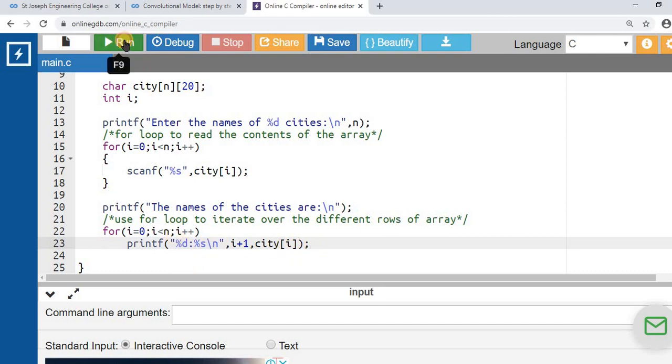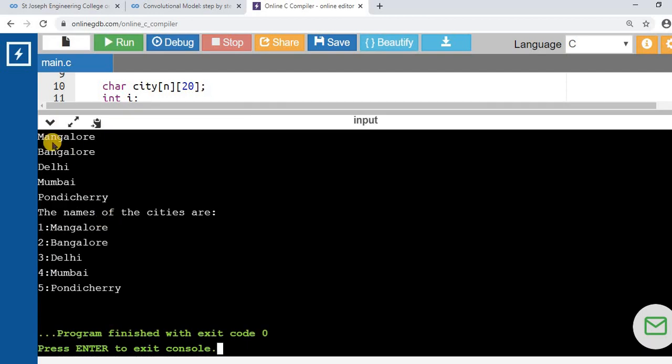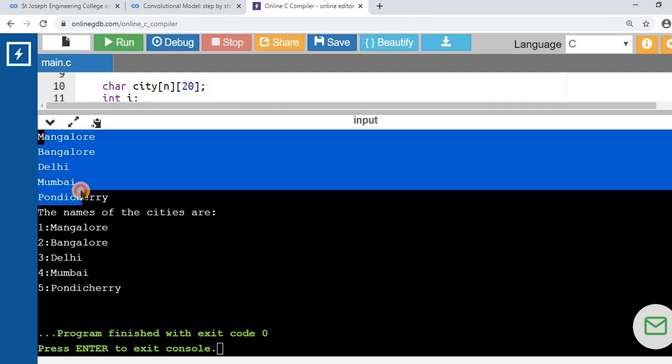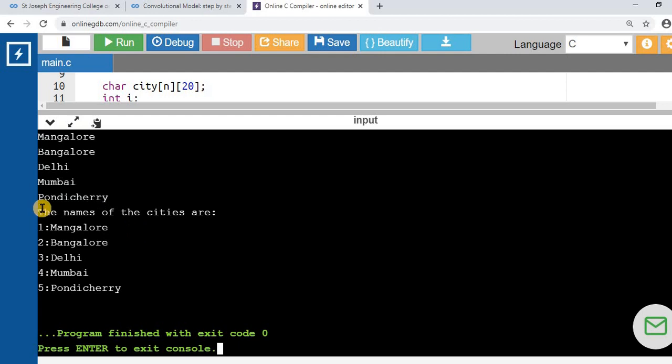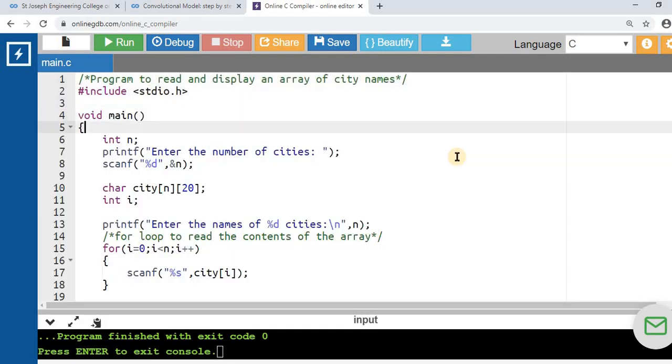Now I'll go ahead and run this program. Enter the number of cities. I'll enter 5 cities. So our program has successfully read the different city names and then it has printed the values of the cities. So in my program,